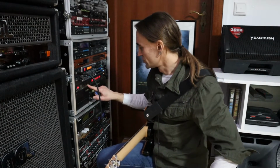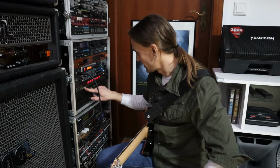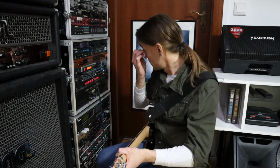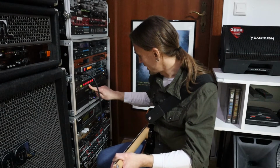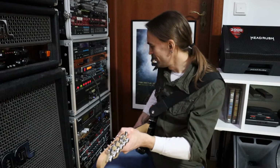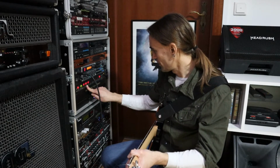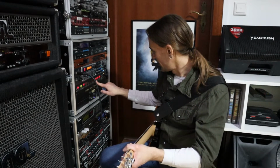what I like to do, as far as I remember, is to boost the mids in the clean channel. Then I got a nice edge of breakup tone. So now I set gain at 10, treble at 9, mids at 10, and